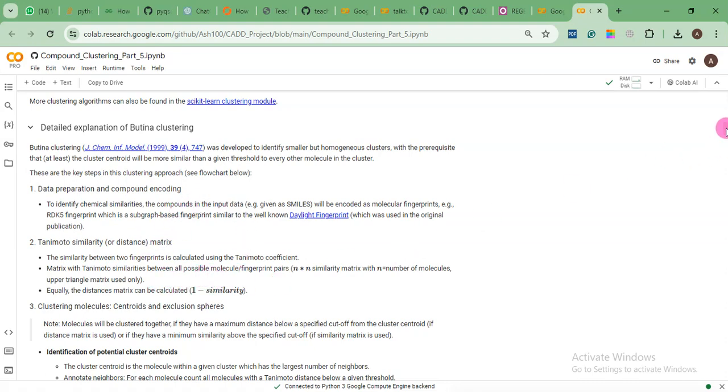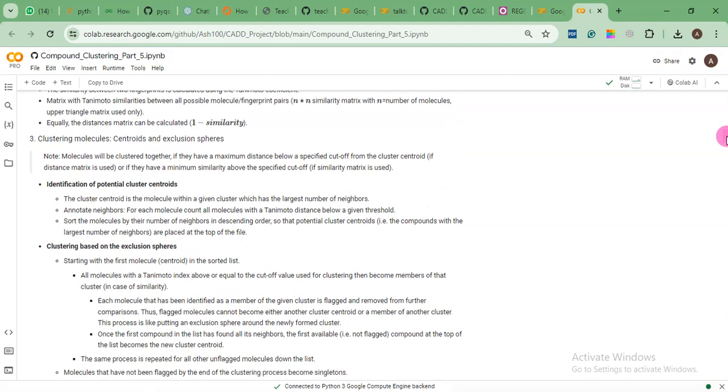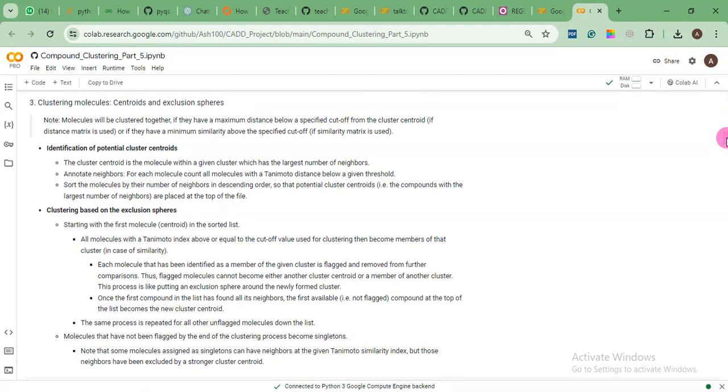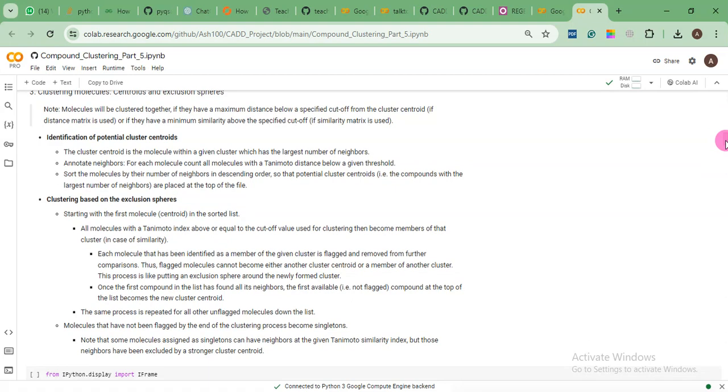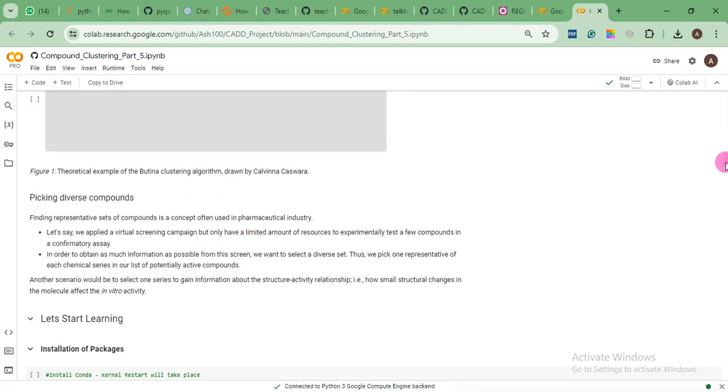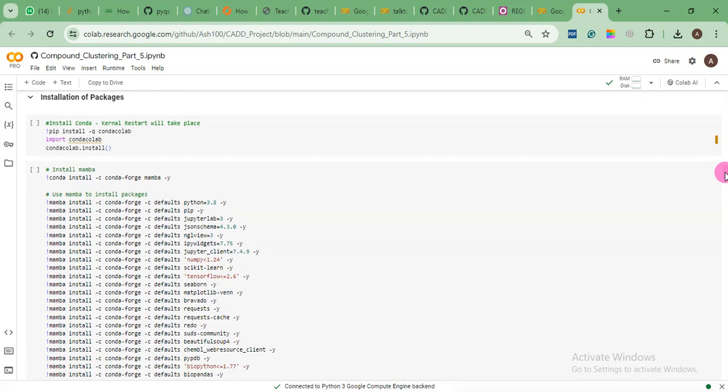We will cluster our data, and then we will perform some basic analysis between those clusters. In the meanwhile, I will also teach you in this notebook how to use different cutoffs while generating your clusters. About this, we will talk in this notebook, so I'm not going to take much more of your time. Now, here we will start